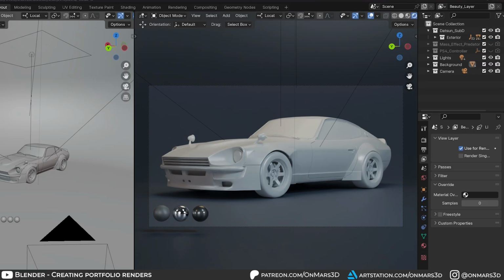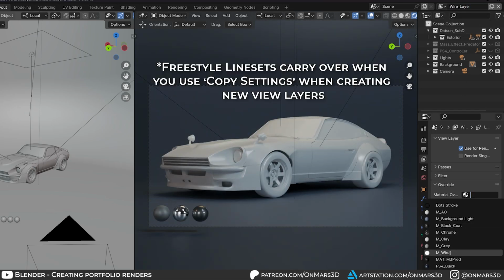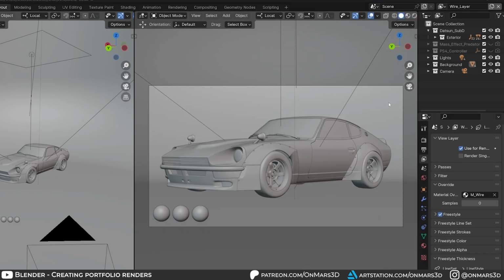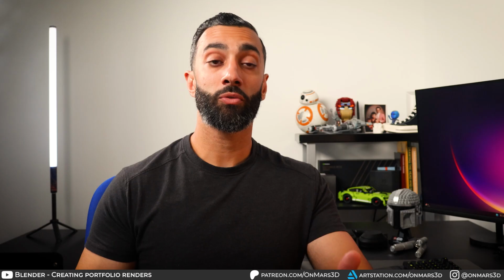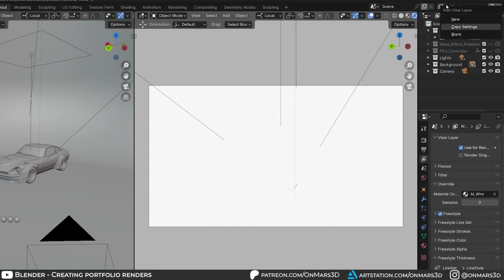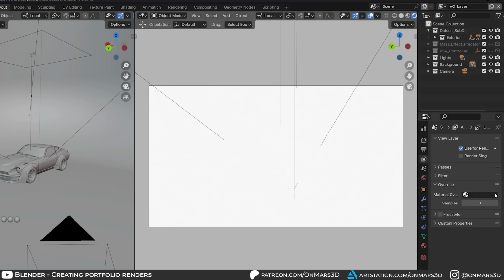Copy the new view layer, name it wire, and set the shadeless material as the override material. Enable freestyle rendering and add any line sets here that you had previously. Select the background collection in lights, and disable it from the wireframe layer by selecting the collection, right-clicking, and disable from view layer. For AO, make a new layer, set the AO material as the override material, and disable freestyle